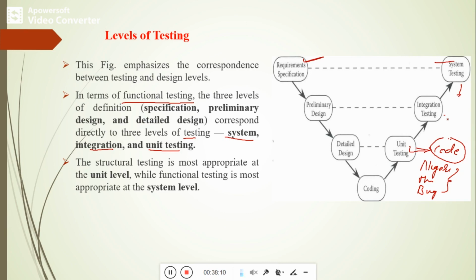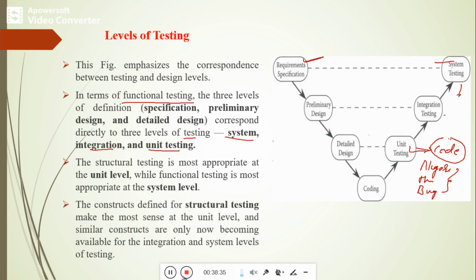When we are designing, parallelly we are applying functional testing. Once the coding part has been done, then we will apply structural testing, either at the unit level or system level, whichever is appropriate. We write the test cases and check the code to see whether it works according to the end user requirement specification or not.